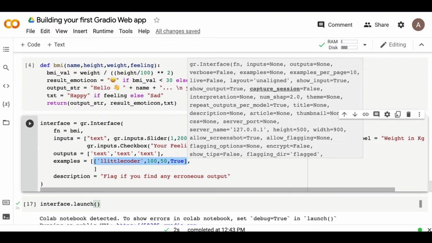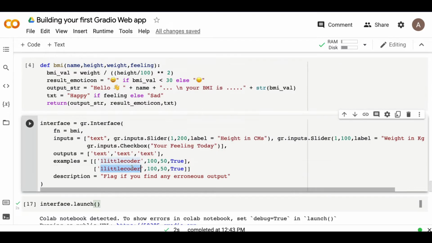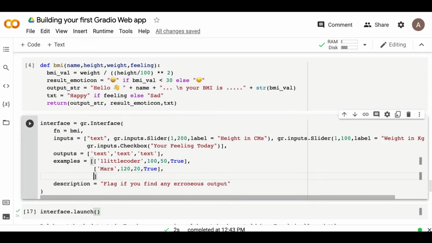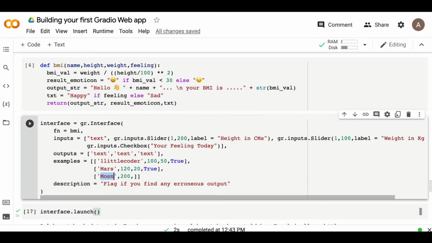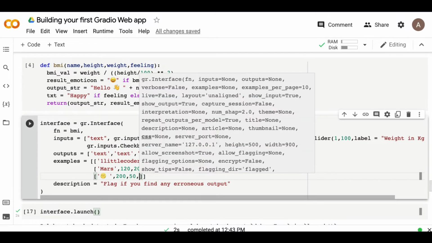The next one I'm going to copy, let's say Mars, 120, 30, 20. And for the third example, we'll stick to 3 examples, let's say moon, and then 200, and the third one, 50 kilos, and then false.